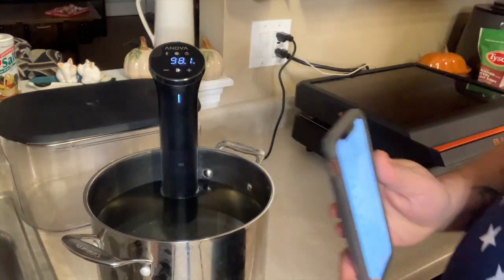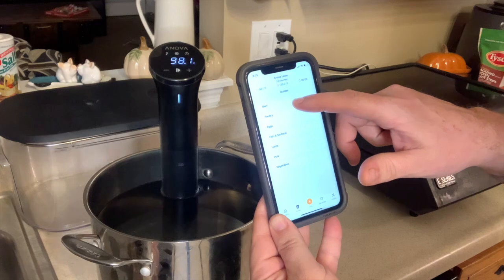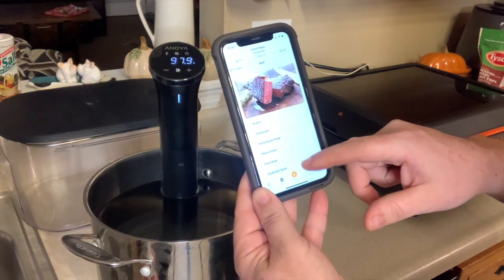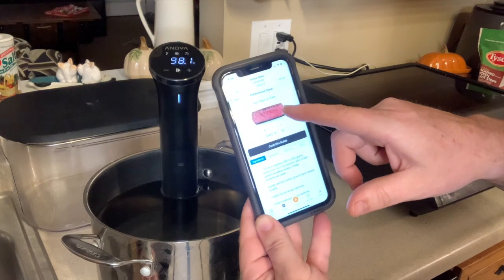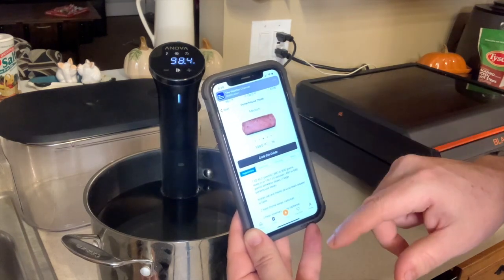And so this is the Anova app. Just say we're going to cook beef. We'll pick brisket, hamburger, porterhouse, ribeye, strip steak, tenderloin steak. Let's say I pick a porterhouse steak. I pick it, and I want very rare to rare, medium, medium. It would say